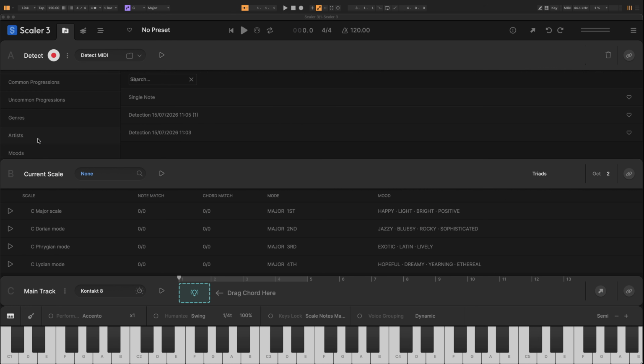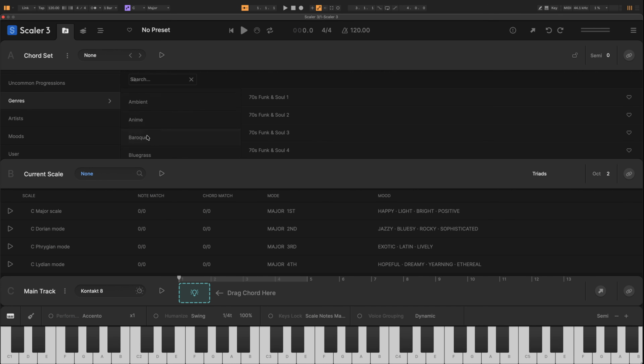Okay, let's put that all together and let's show you some other new features which I'm sure our users will love. So I'm going to come into, by the way, we've got loads of new content. There's Dream Pop, Bluegrass, some really, really lovely chord sets. If we come into